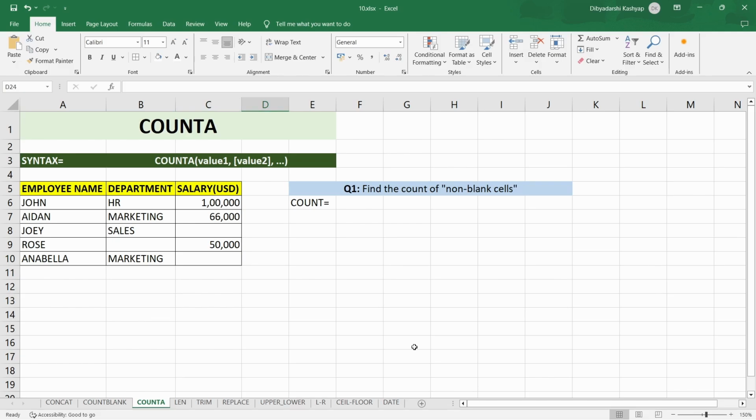COUNTA. In Excel, the COUNTA function is used to count the number of non-empty cells within a specified range. It includes cells that contain any type of data such as text, number, errors, or logical values. So, the question here is, find the count of non-blank cells in this data. So, write equal to count